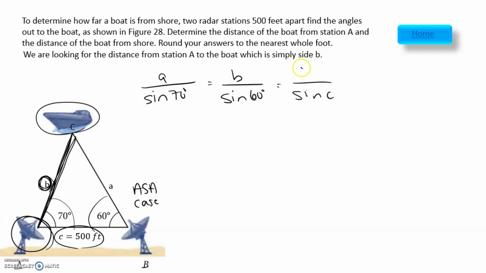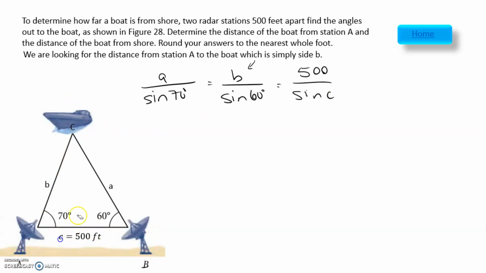That is 500. Okay, what I'm looking for is B. So in every expression, I have one unknown. So I need to get one more thing,